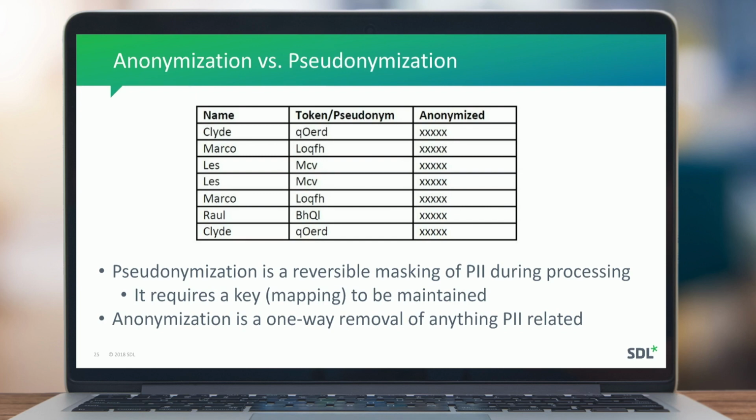Pseudonymization is slightly different. It's about replacing the personally identifiable information with a token, actually something. But as you can see from that table, when we have Les, it's replaced with MTV, and Marco is in there twice as well, and Clyde. And you can quickly derive a pattern, right? There must be some mapping that says Clyde is QOERD, right? And it requires the key to be maintained, right? Which marginally increases the risk, but